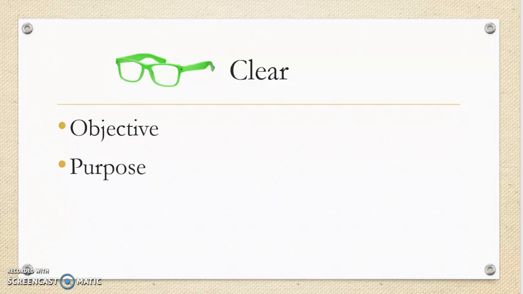Having an objective and a clear purpose also focuses the student learning and gives them that ownership that I was talking about earlier, about what they should walk away from when they are done with that mini lesson time. And the objective and purpose also allow students to clearly see connections between concepts by saying, remember yesterday our objective was to revisit what we know about equivalent fractions, and today we're going to tie that into how we can plot different fractions on a number line. They can start to see how I'm going to use what we did yesterday to help me today, and knowing that that pattern is going to continue forward.